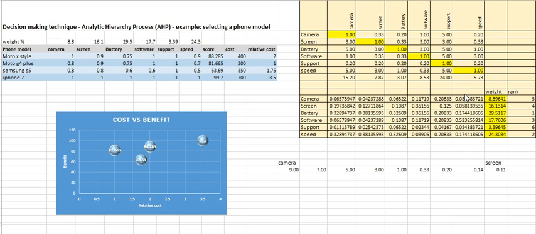So basically I have to also find out the cost benefit analysis. In addition, I have to make a decision, so I have to prioritize various criteria and choose between the priorities. So analytic hierarchy process is a mathematical and